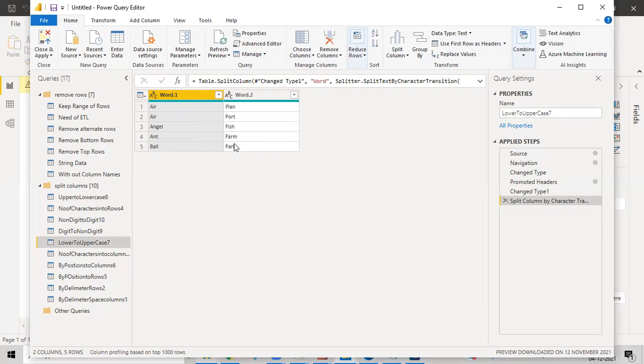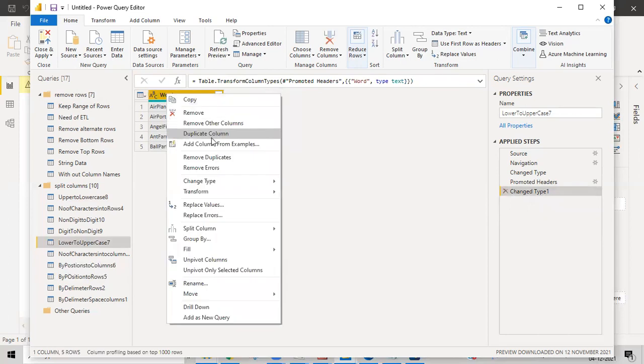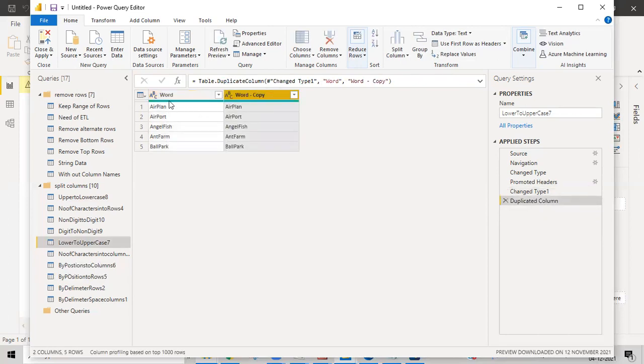So based upon that, we made it into 2 columns. I got the first name over here and last name over here. That is what we do in real time, though we don't exactly do this to show you. I'll just duplicate this column first, and keep it remained like that only. I don't want to remove this.